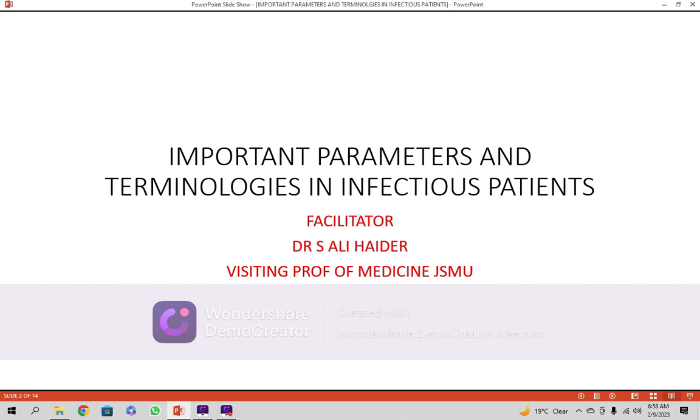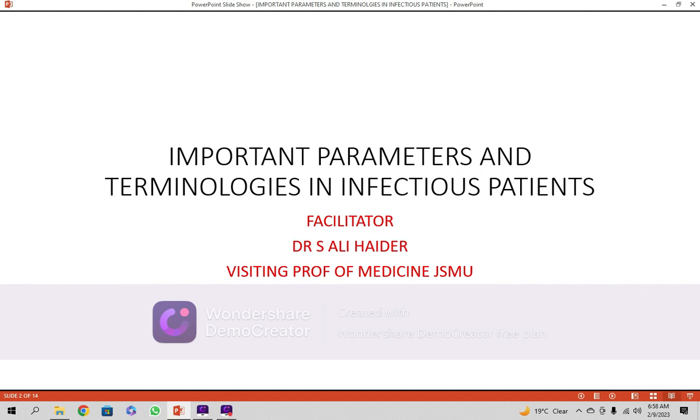If the agent is able to enter into the body via blood, hematogenously, and tries to locate in the systems, then the operative systems are of two types. Either the cellular type of immunity will generate, or the humoral type of immunity will generate. They will defend against this infection.